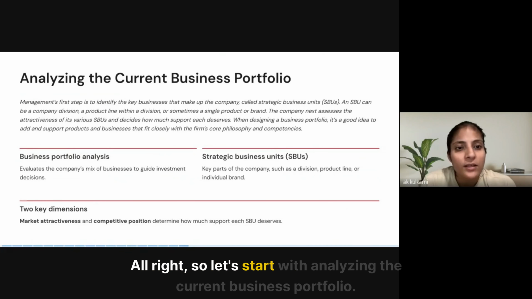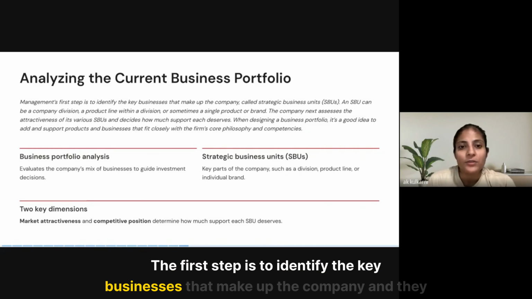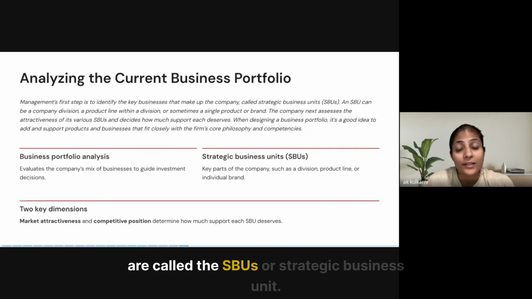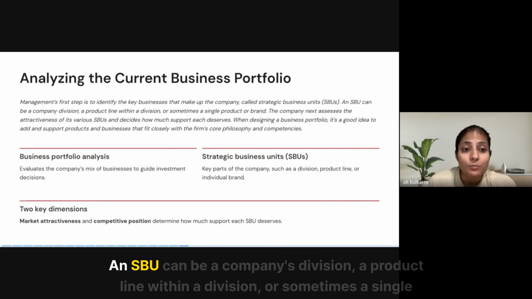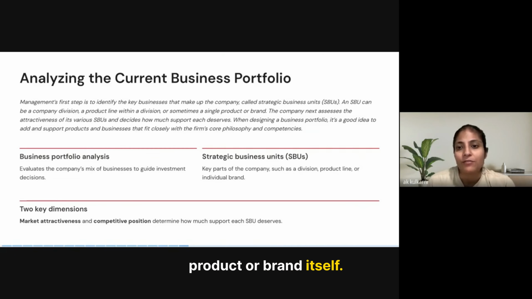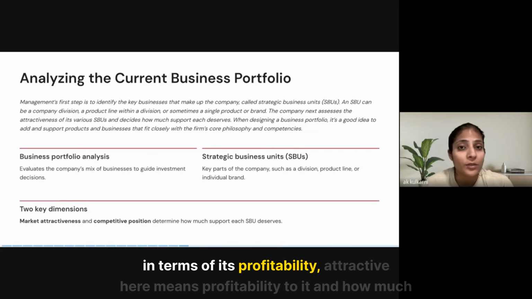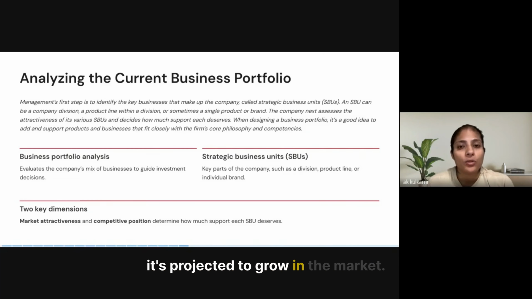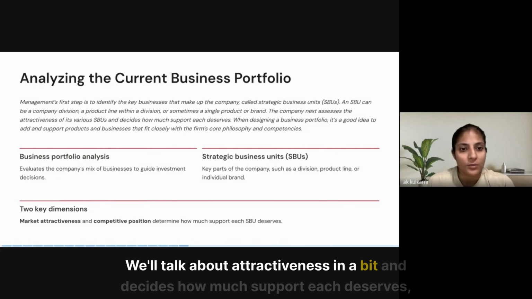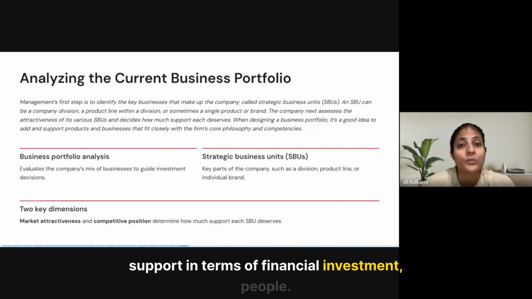All right. So, let's start with analyzing the current business portfolio. The first step is to identify the key businesses that make up the company, and they are called the SBUs, or strategic business units. An SBU can be a company's division, a product line within a division, or sometimes a single product or brand itself. The company assesses the attractiveness of each SBU in terms of its profitability. Attractive here means profitability, and how much it's projected to grow in the market. We'll talk about attractiveness in a bit, and decides how much support each deserves. Support in terms of financial investment, people,